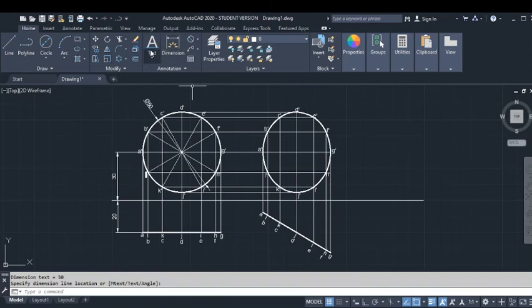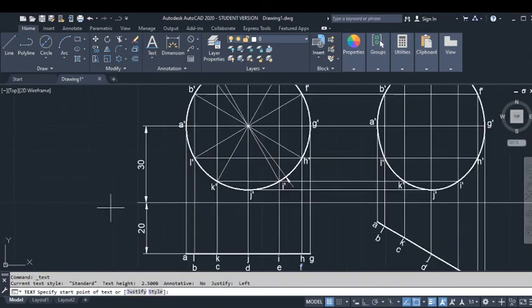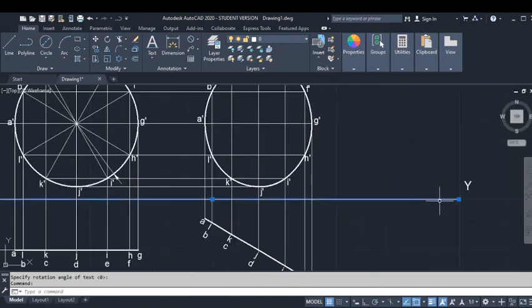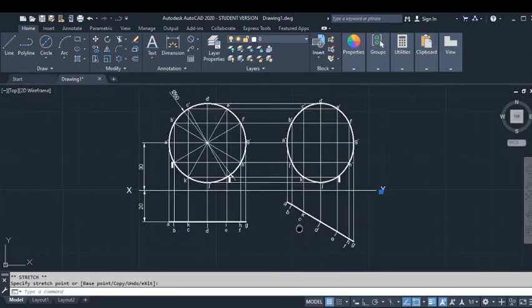Now also let us mention the XY line. So specify this is the start point. Instead of 2, I'm going to give now 3.5 and it is 0. So this is going to be X and this is going to be my Y. Further, I'm going to now squeeze the length of the line XY according to the requirement.